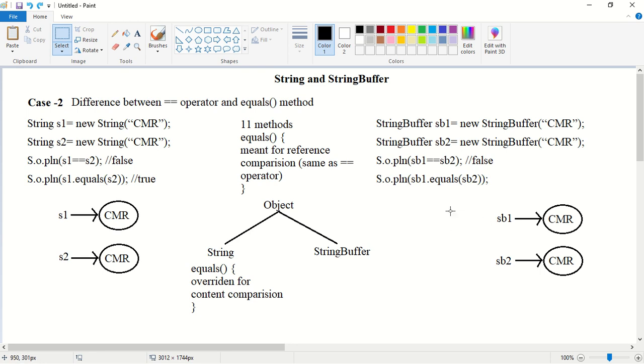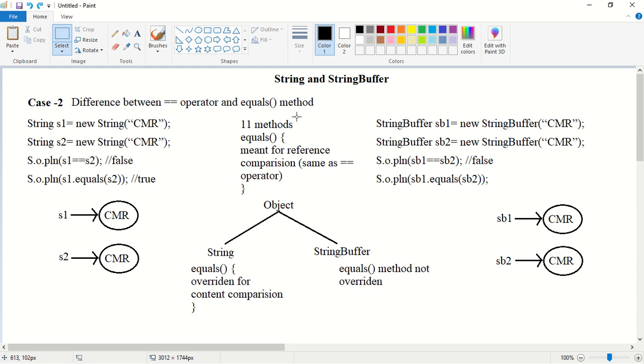Now sb1.equals(sb2). This is StringBuffer. What is happening is that inside StringBuffer, the equals method is not overridden. It will make use of its parent class's equals method. Who is the parent class of StringBuffer? It is Object.